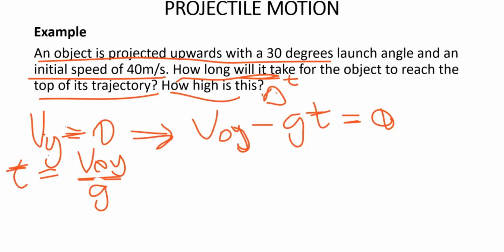V0y over g. Then now let's put the values in. We know V0y is equal to